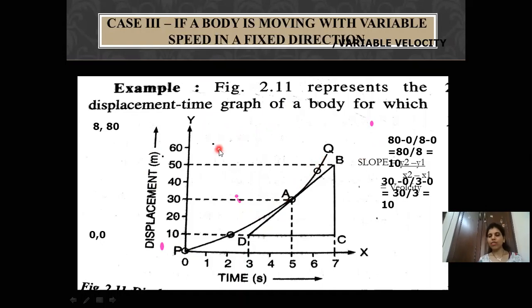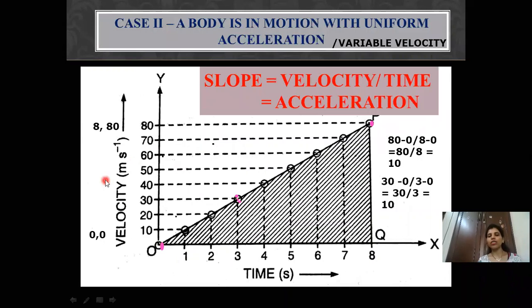This particular graph, displacement time graph, when you want to convert it into a velocity time graph, you are getting variable velocity but acceleration is constant. Are you understanding? So velocity is variable because velocity is changing, but acceleration is constant. So, and the direction is fixed. That's why the direction is not changing. You have to understand. So when you are moving on an express highway, and suppose your car is accelerated with, not 80 meter per second square, if the car is accelerated by 10 meter per second square.